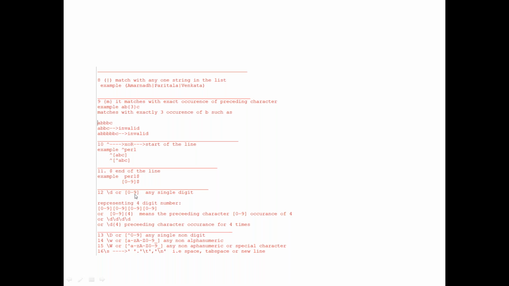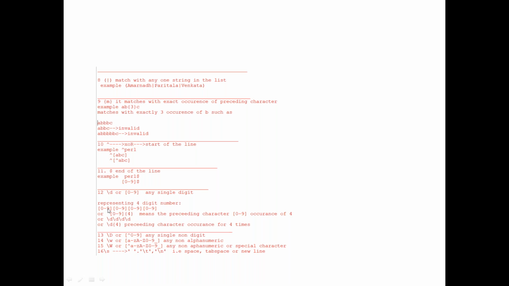In the list 0 to 9, any single digit will be considered. To represent a 4-digit number, like 1 2 3 4, or 4 3 2 1, or 1 1 1 1, there are 4 different positions with a number in each.